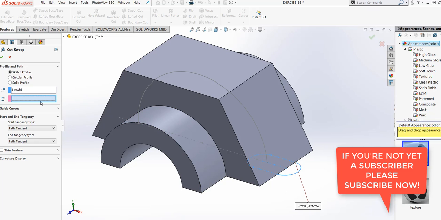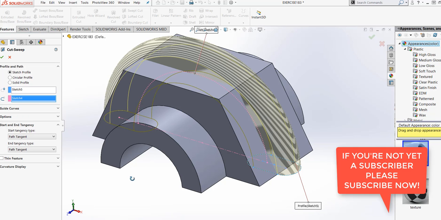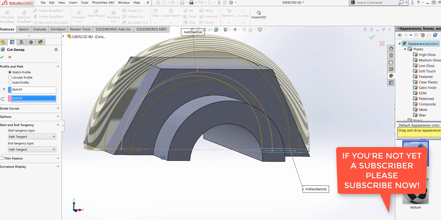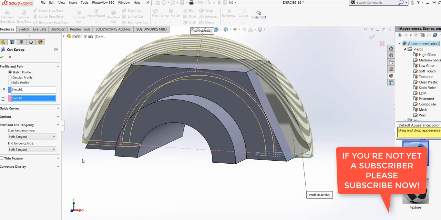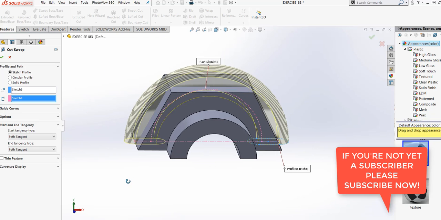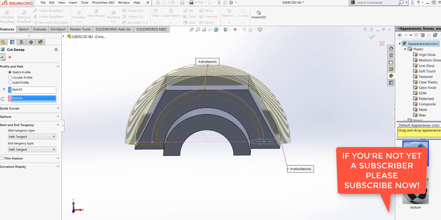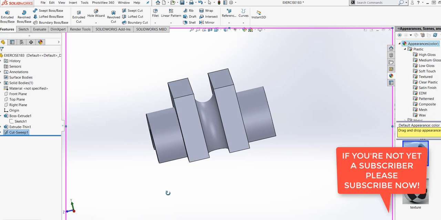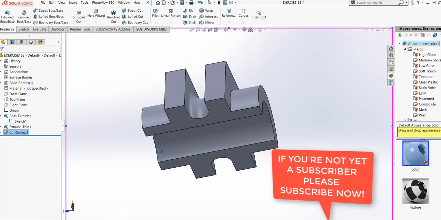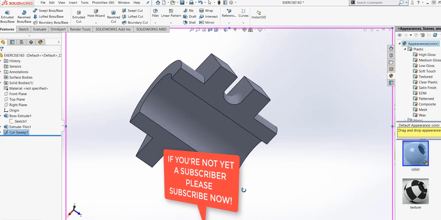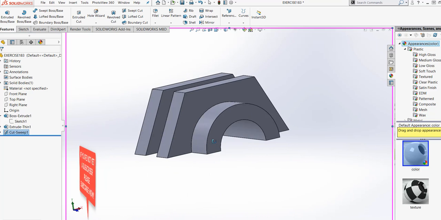Choose the profile, and now the path direction is this one. Now it will cut from here to here. It will cut the whole thing. Let's cut it. You can see that it's been cut automatically.